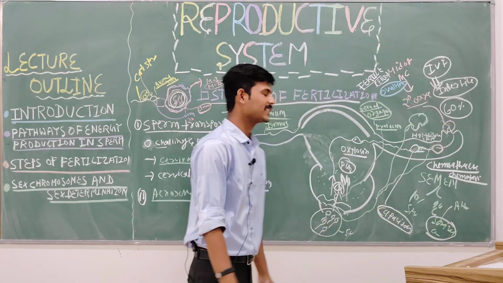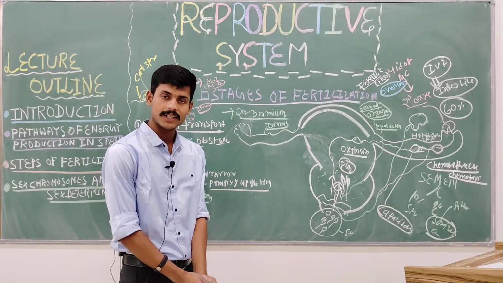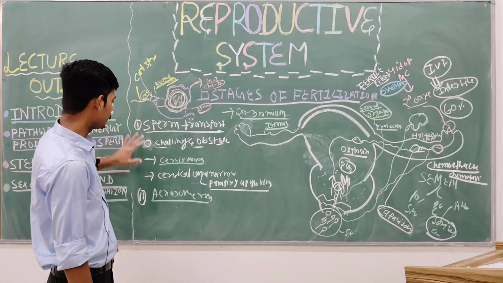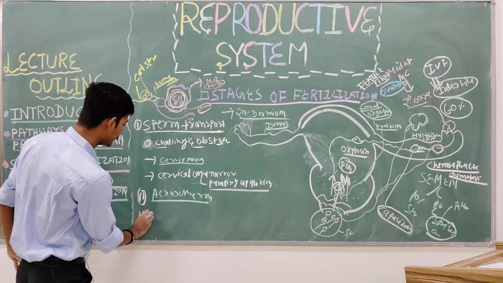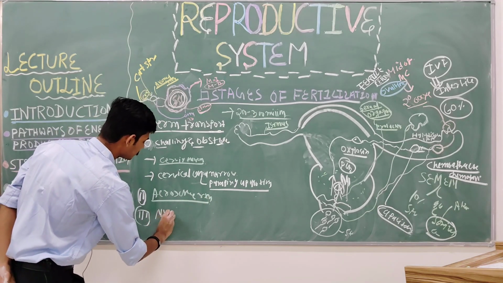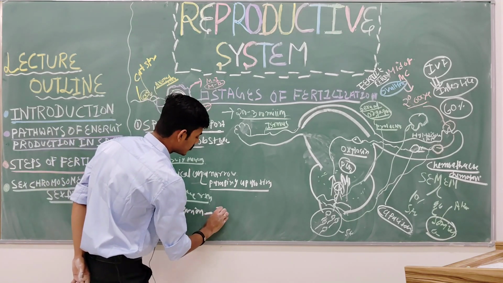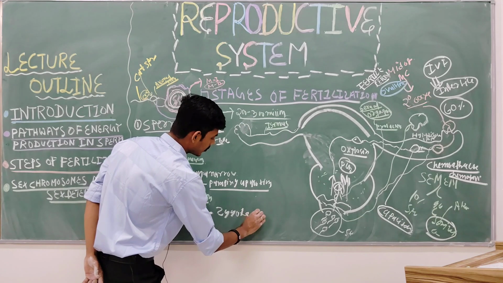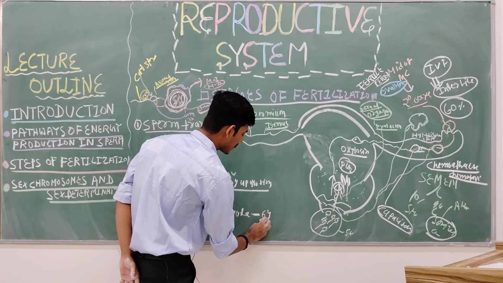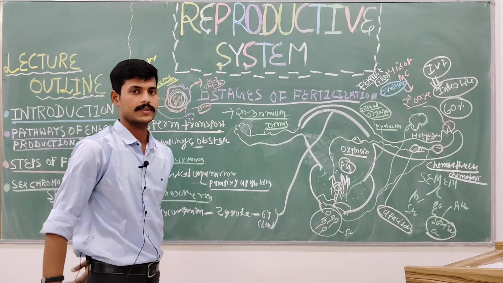Is it interesting? It's interesting. So once again, we are recalling the steps. We are discussing the stages of fertilization, and these stages are mainly divided into 3 steps. The first step is sperm transport, then acrosomal reaction, then nuclear fusion. And after the nuclear fusion, there is a formation of the zygote. The zygote undergoes various stages, and at the 64 cell stage, that's the blastocyst, it gets attached to the endometrium, the fundus region of the endometrium.